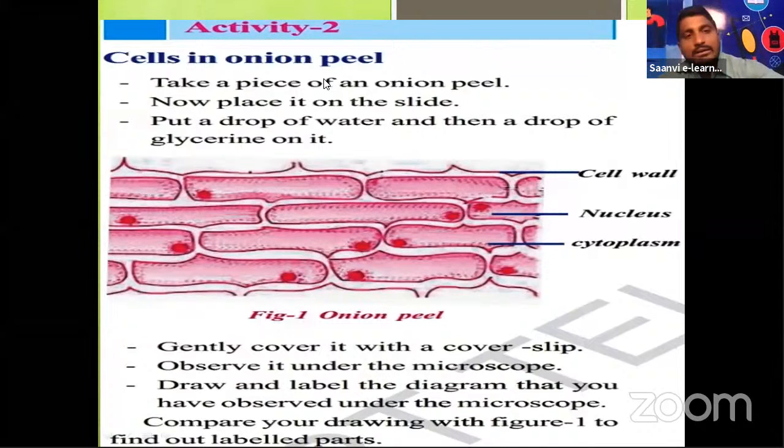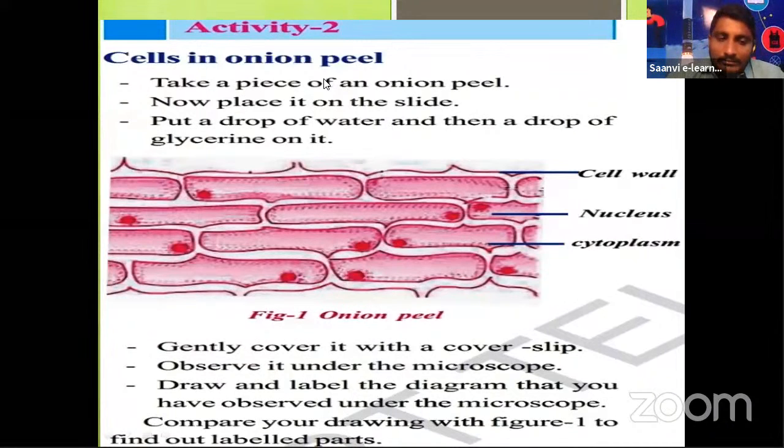Okay, how do you observe the cells in onion peel? So look at the picture, all of you. Cells in onion peel. See here, we have to take a piece of an onion peel. You have learned already in 8th class how to collect that sample. Okay, let us recall once how to take a piece of an onion peel. See children,